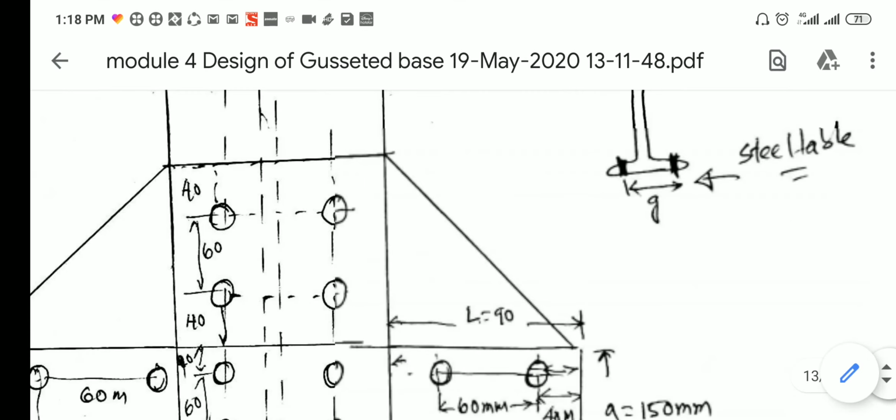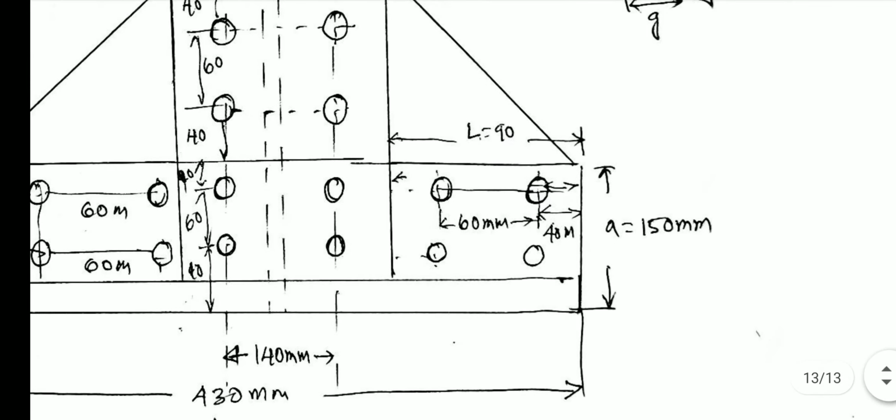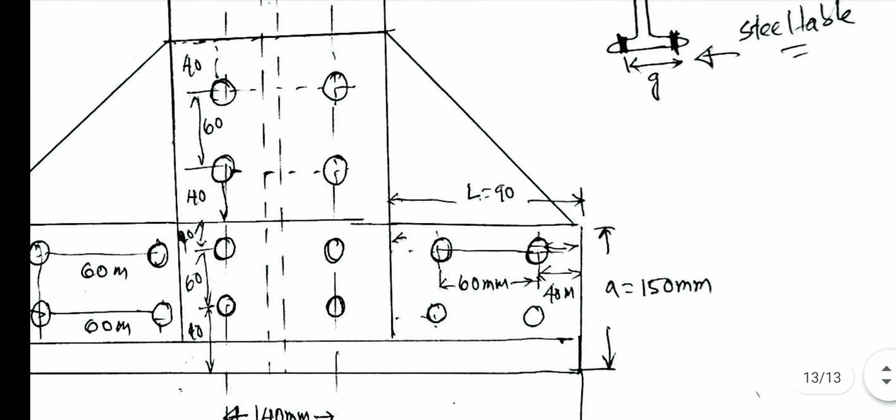It may be different. Now I'll write here the bolts which are arranged here; you should have a spacing between them of 140 mm. We arrange the same bolts in a line with a pitch distance of 60 mm. So the edge distance is 40 mm and the pitch distance is 60. So this is the finish of the bolt angle. Then again above, we take 40 edge distance and 60.